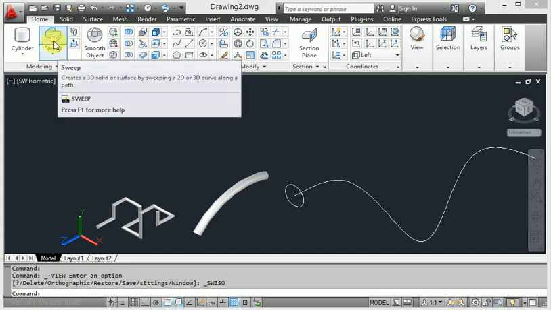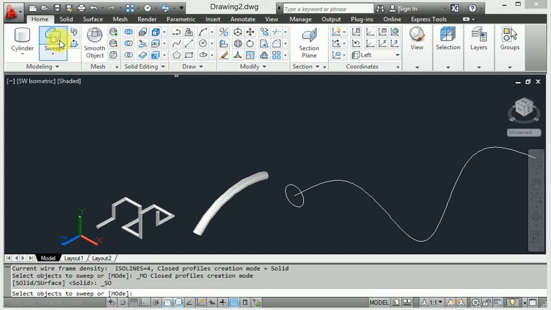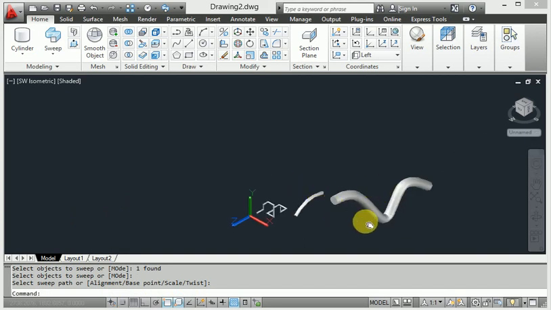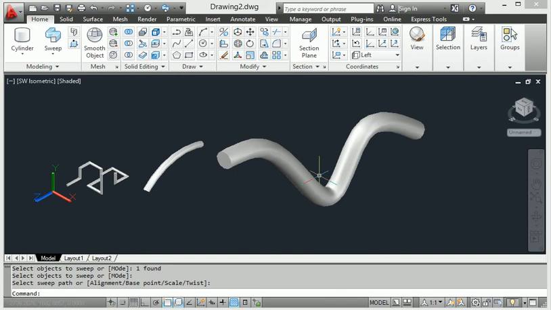Then I apply the sweep command to this circle, press enter and apply. Look at this, it is very useful to make the sweep command on a spline connection. So this is like a pipe joint made with the sweep command.